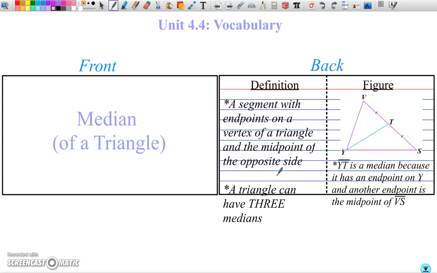And so another way to kind of remember median is like a median on a road. It's the middle of the road. A median of a class